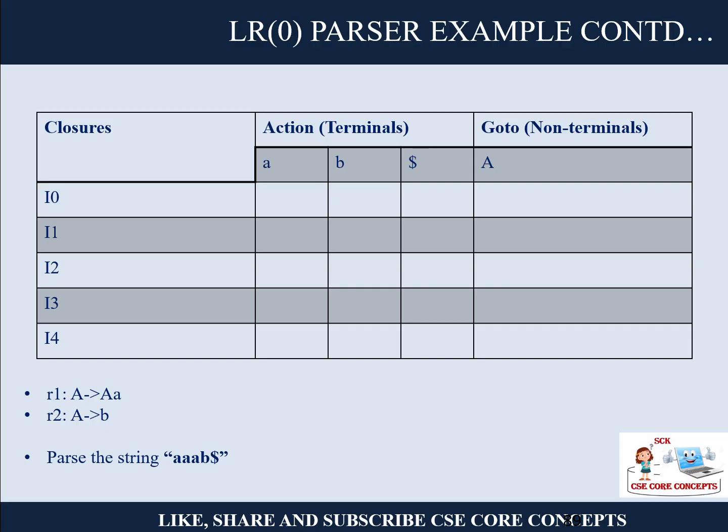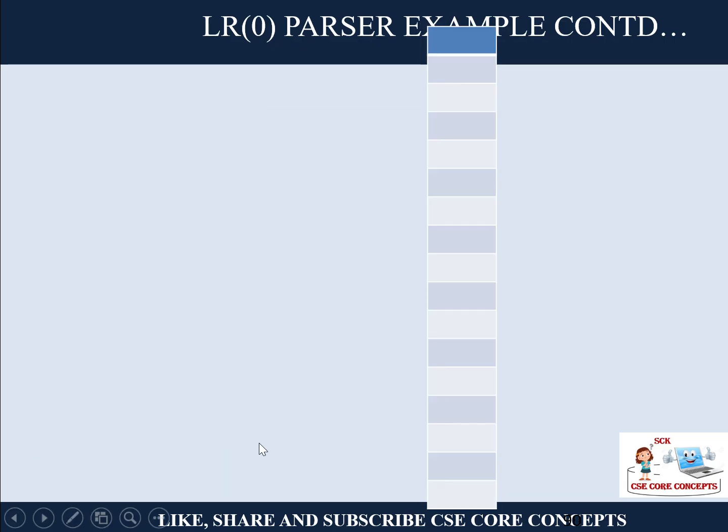And I taught you how to fill up this table. Whenever you are shifting, you write down S2, S3. For a non-terminal, you just need to write the closure number, that's it. And if it is complete for the augmented grammar, then you say accept, otherwise you fill it up. Wherever the rule finishes, you are not going to do a further shift. There you write rule R2, R1. Done? So let us parse this string using this table and a stack.